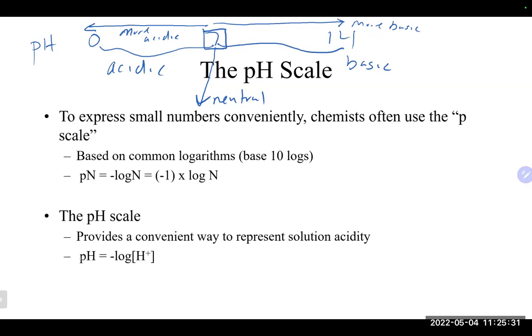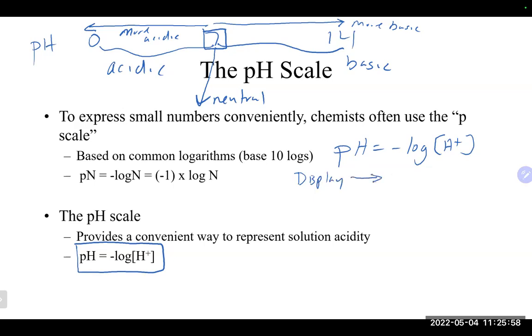So to calculate the pH, this is the formula here. That's not a negative, that's just from PowerPoint. The pH is equal to minus the log of the H plus concentration. And you could also substitute H3O plus in there for H plus. Now, you want to punch this into your calculator correctly. If you have a display calculator, you roll exactly the way it is. Make sure you hit the negative button, not the subtract. Then hit the log button, and then put the number in,